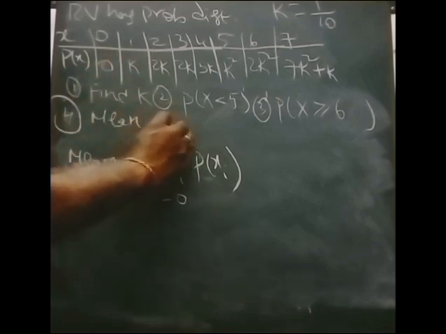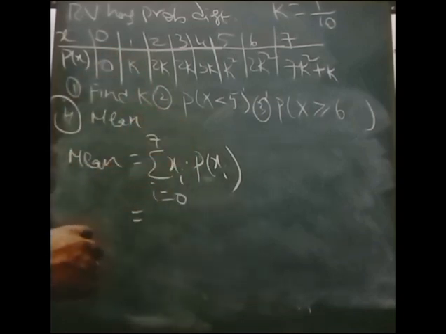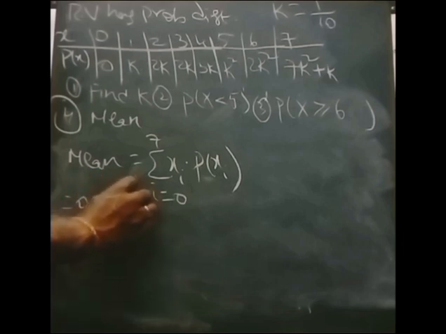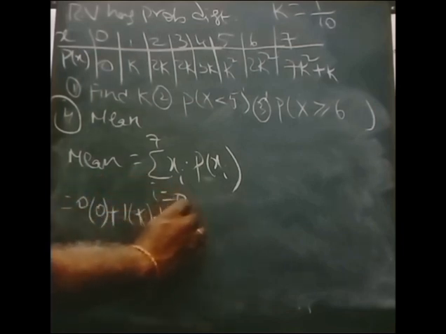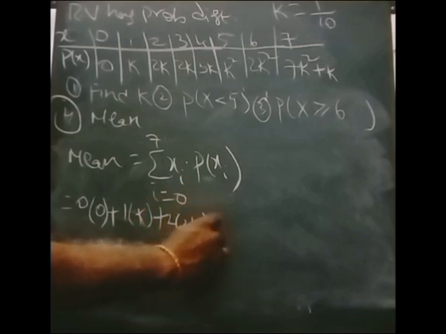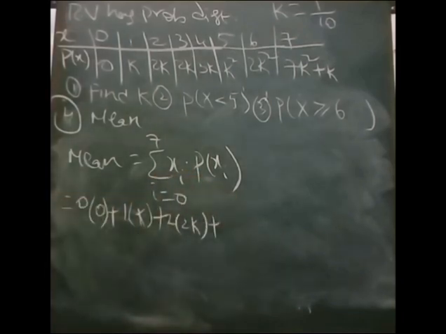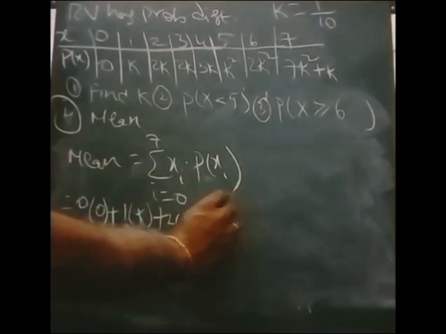So this gives 0 into the corresponding probability, plus 1 into the corresponding probability, plus 2 into the corresponding probability, and similarly 3 into